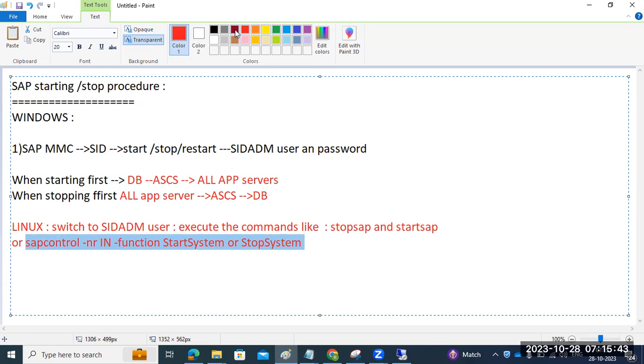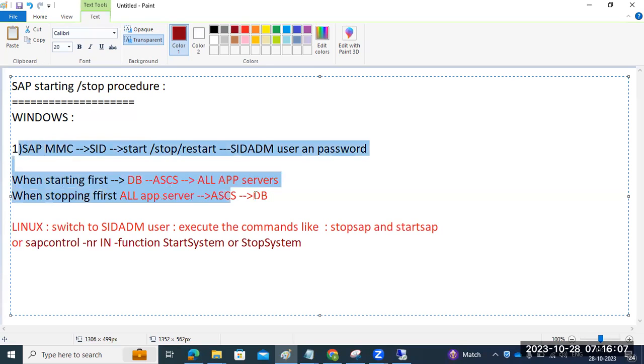Why? Because you are in the initial phase, but you can remember this. If you install your SAP system on a Linux machine, then you need to use the simple commands start SAP, stop SAP. That's it. It will start all the services in the instance. If you have the MMC, you can use that.